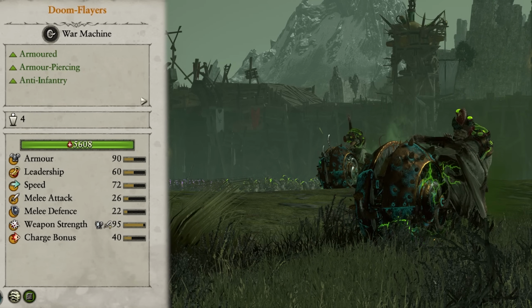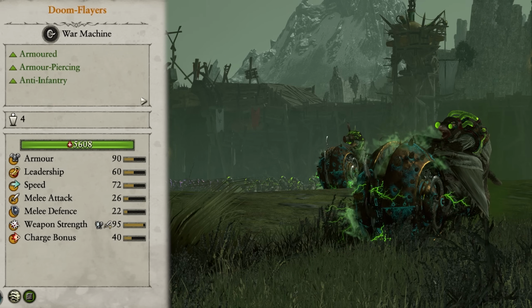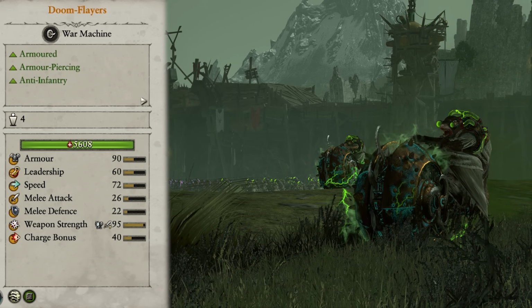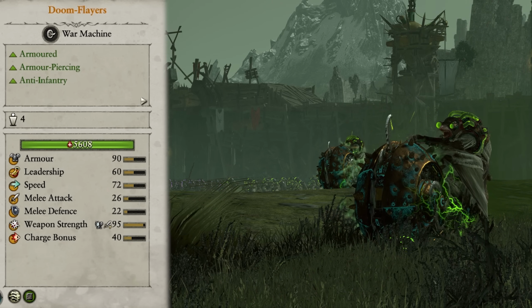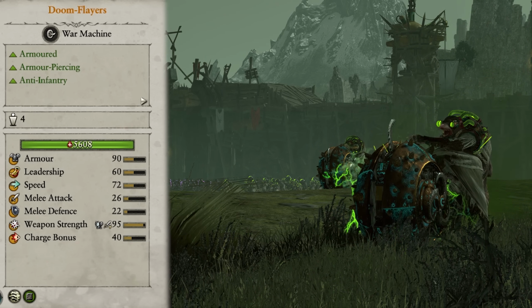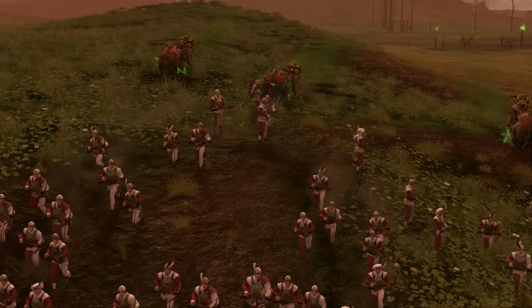Next up we come to the War Machines, and first we have the Doomflayers. If you're wondering what can do the Rat Ogre's job better, you're looking at them. These guys are really something special. They're armoured and do armour piercing anti-infantry damage, so are monsters at taking on even some of the toughest infantry in the game in a one-on-one fight. They're also fairly speedy, though not as fast as most cav, so can be caught out if you don't look